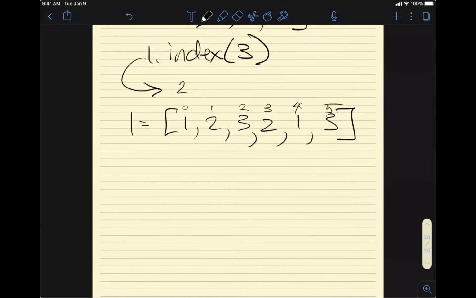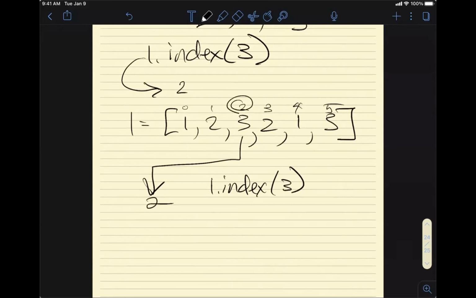The idea is that if you were to look for 3, then the first time doing that, if you said L dot index 3, that would return the 2 from here.